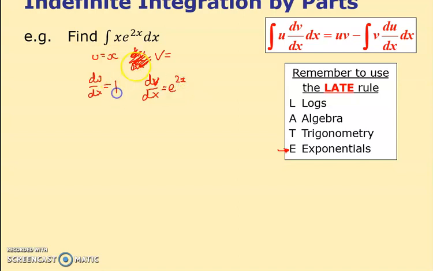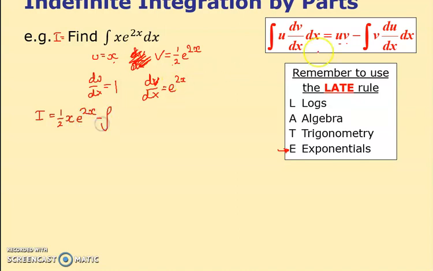Differentiate x, you get 1. Integrate this one, you get a half e to the 2x. Hopefully you've remembered that rule when you integrate e to the 2x. So I chuck this in, my I is this lot, now it's uv, x times that. So it's a half x. Notice you slide the x in between usually,